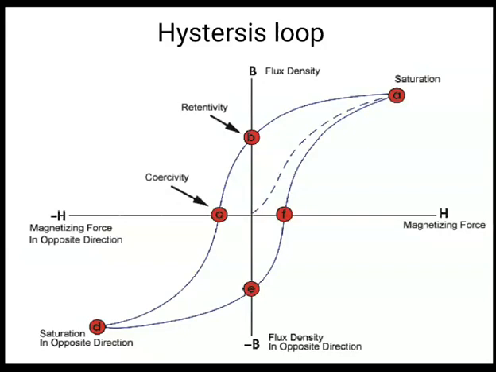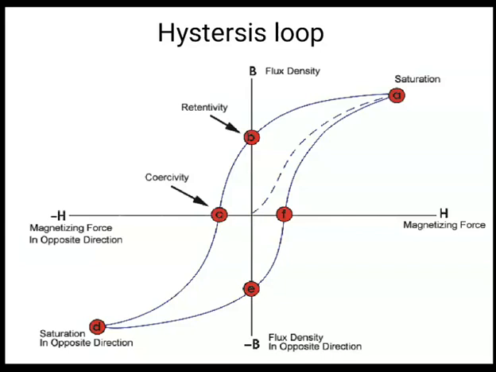So after point A, what happens? There is no need of increasing the current, because if we increase the current, we still get a constant flux density. So what we can do, we start decreasing the current. Starting from the origin, it goes to point A, it becomes saturated, hence we start decreasing the current. So what is the natural behavior? It should come from A back to the origin. But what happened here? You can see it decreases on the other side. It decreases from A to B.